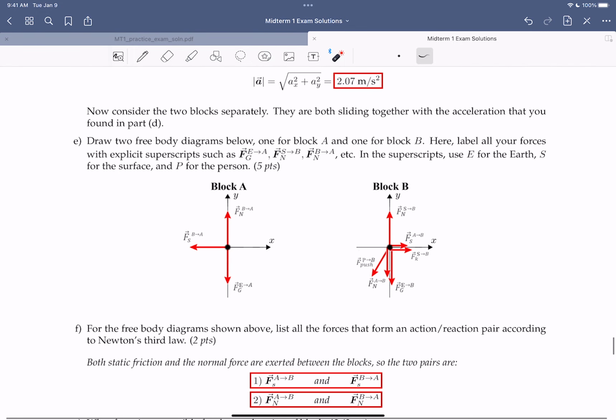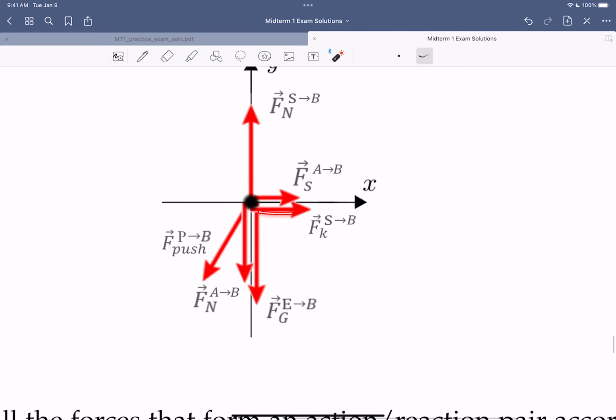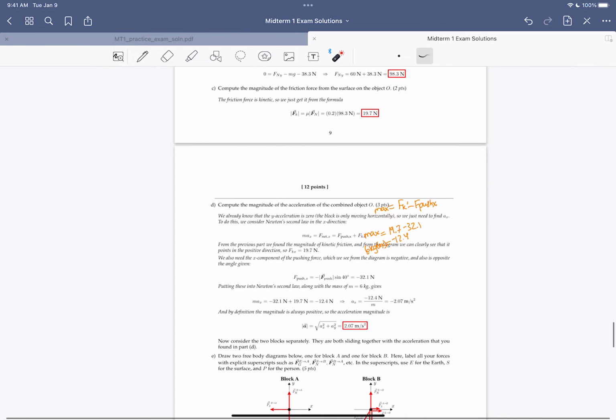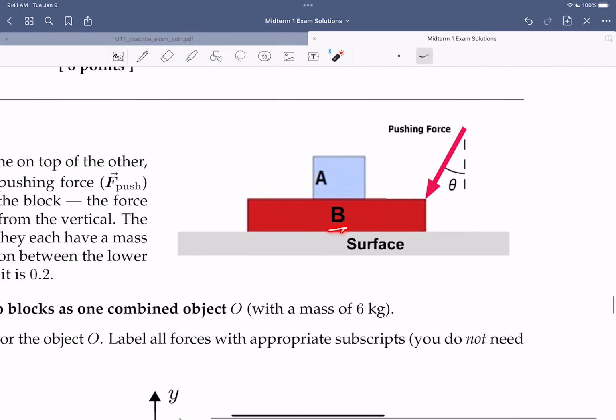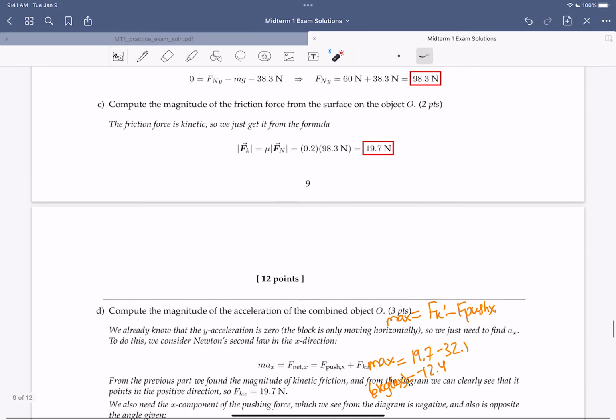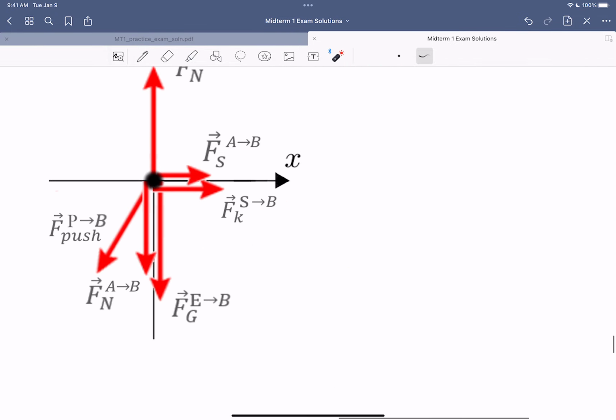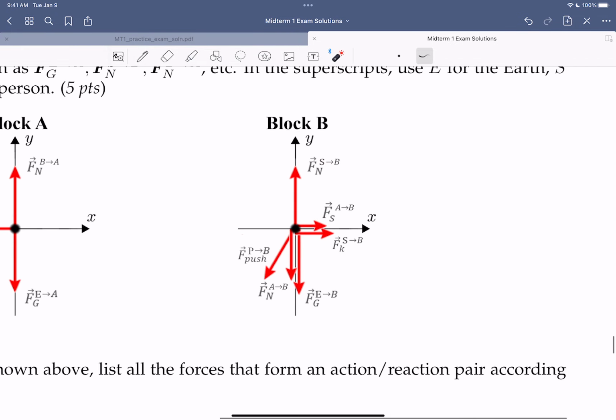Now, there should also be some forces in the X direction. So number one, there should be a kinetic friction force, right? S on B, the surface on B. Because if the box is trying to move to the left, there should be a kinetic friction force that opposes its direction to kind of prevent it from sliding. So that makes sense there, kinetic friction from the surface on the block B, because block B is really doing